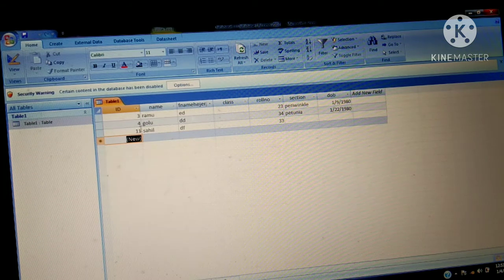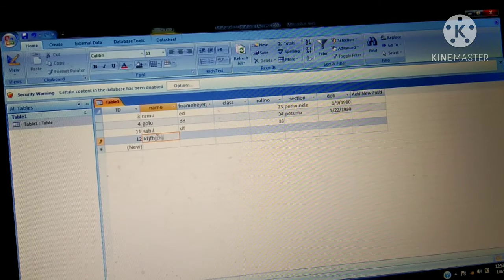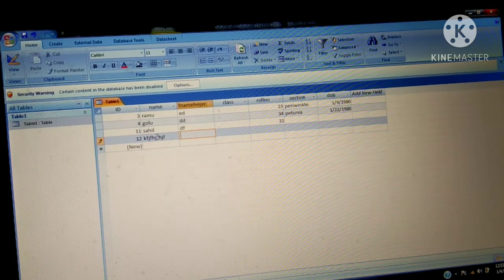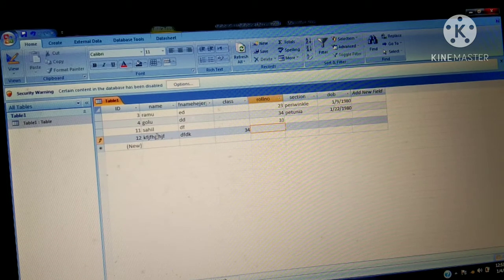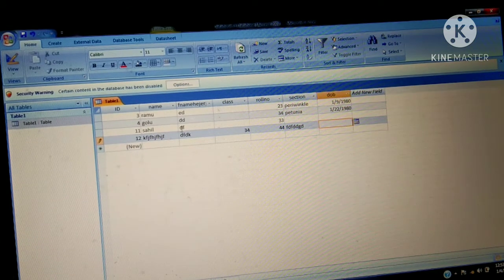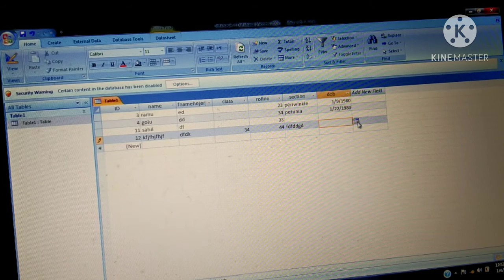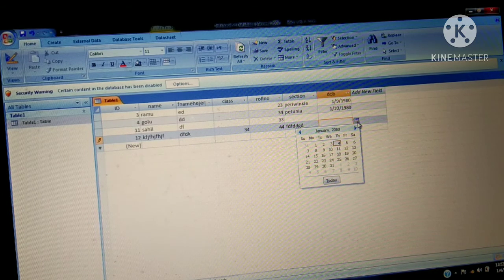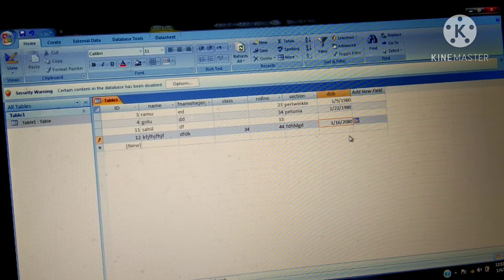When you click on New, you will check your cursor is blinking at the last. Now you will insert the record here in the database. Father name I am writing, class I am writing, roll number I am writing, and section I am writing like this. And here is the date of birth. Because I chose the Date and Time data type, that's why this calendar appears.